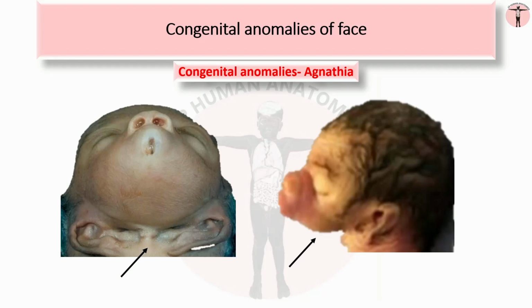Anathia means absence of mandible. This is always associated with otocephaly. Since it is associated with otocephaly, it is also known as anathia otocephaly complex. It is a very rare and lethal cephalic disorder characterized by the absence of the mandible, which is called as anathia,